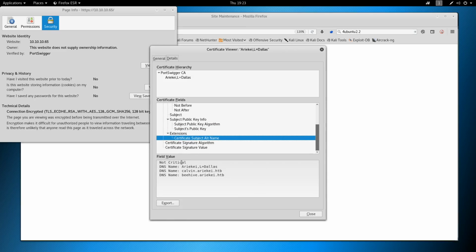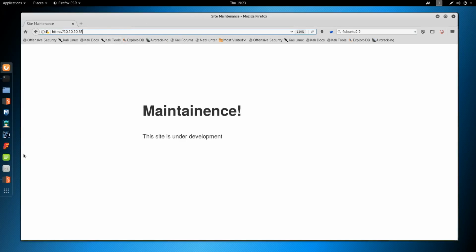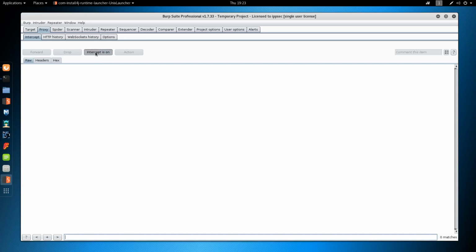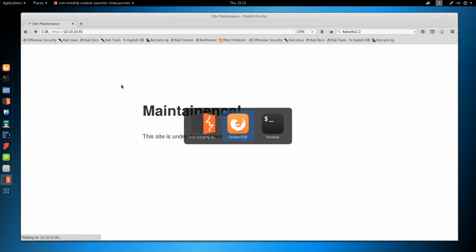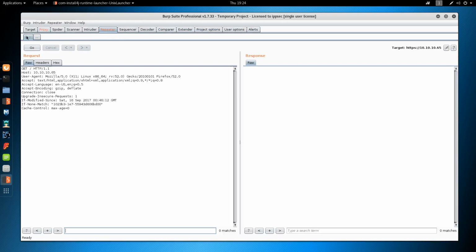On the alternative names, we have DNS name at Calvin.htb and Beehive.htb. So that is how Nmap pulled that. And let's see if they actually do anything. So open up Burp, turn intercept on, refresh, send this into Repeater. We could name this